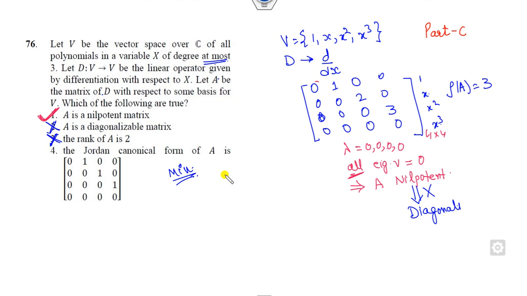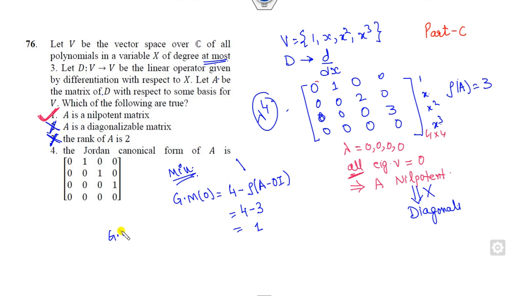Fine. So the characteristic equation will be here. So we can find the geometric multiplicity corresponding to the 0. So what is that? N minus rank of A minus 0I. That is 4 minus 3, rank is my 3, so 1. So what is the meaning of that? Geometric multiplicity of 0 is my 1. What is the meaning of that? It means there is only one block, of the same size as the matrix A, that is 4